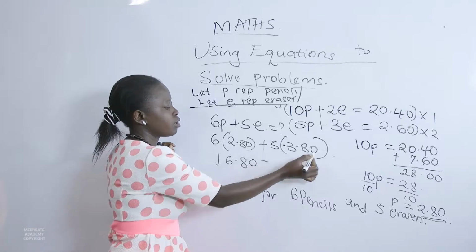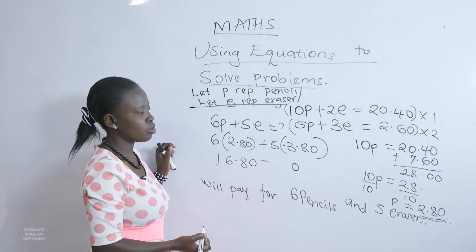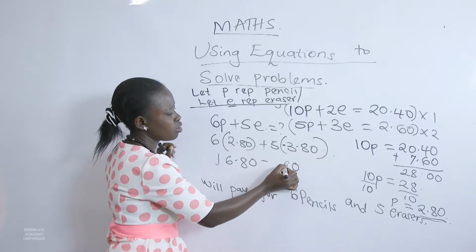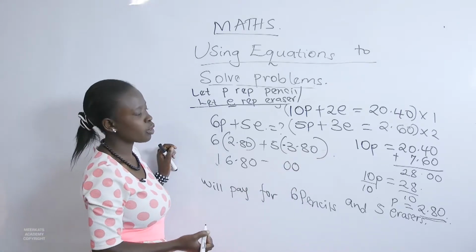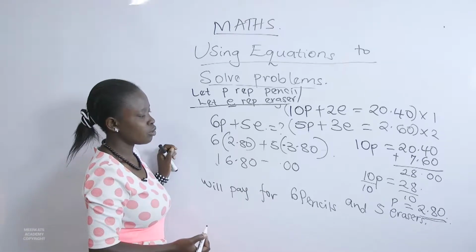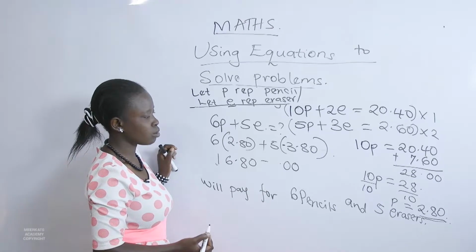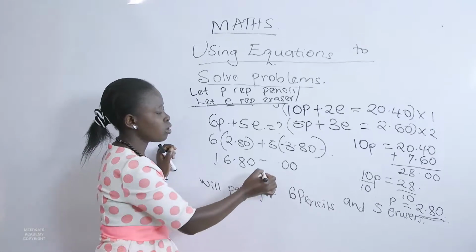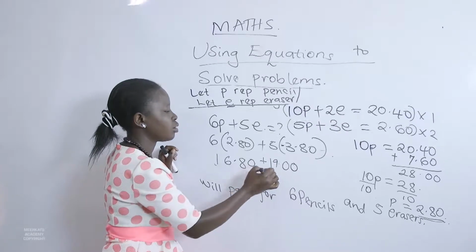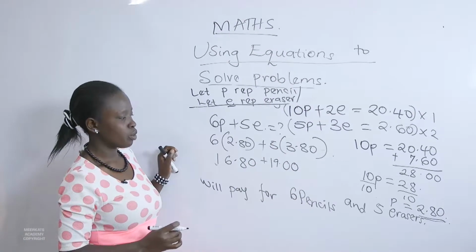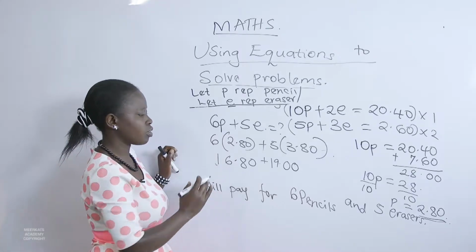Then minus 5 times 0 is 0. 5 times 8, we have 40, so write 0, carry 4. 5 times 3 is 15. 15 plus 4, we have 19. So being the fact that we are buying, so that means that we have